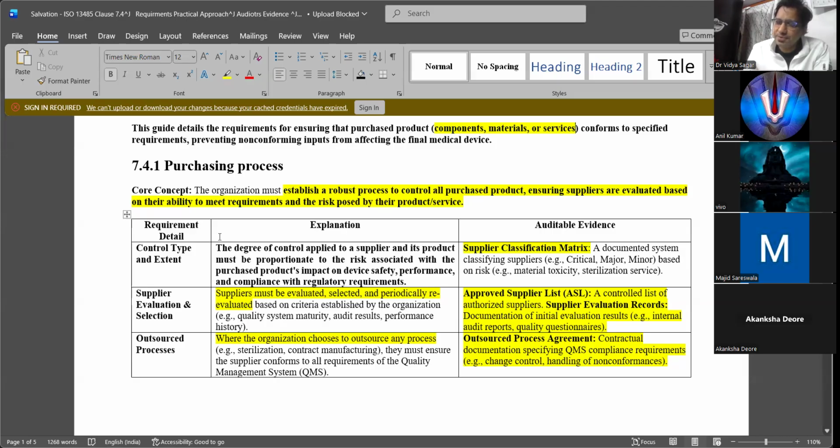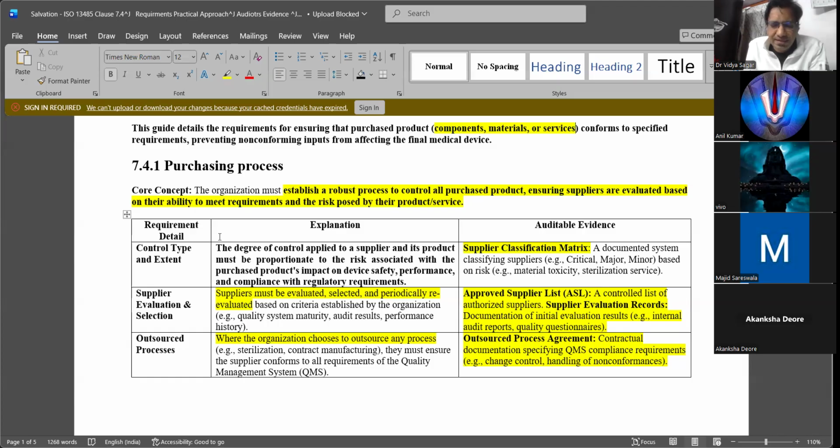No, it has to be linked to the risk. The material has to be linked to the risk the product will be carrying. There could be a lot of materials which you will be using in your production, that undergo a lot of processes, but some materials are very critical for the product, which dictate the safety and performance of the product.